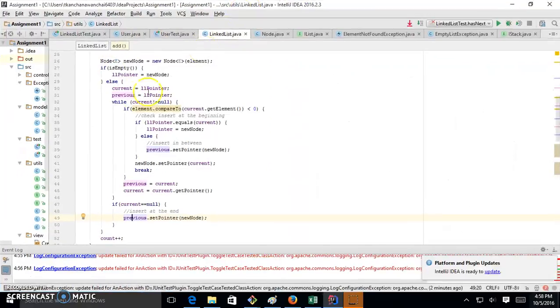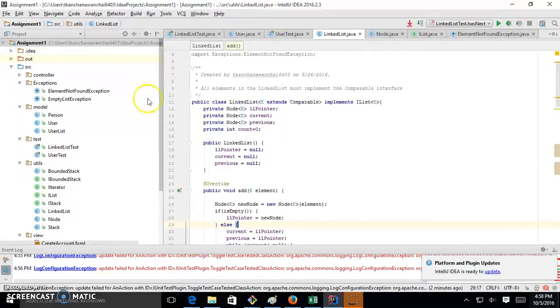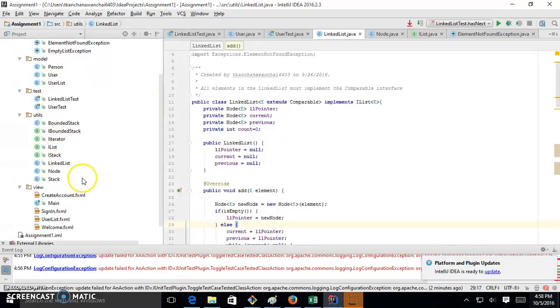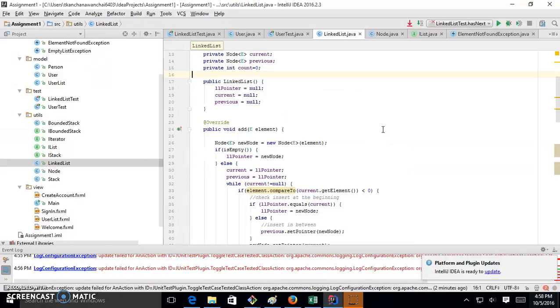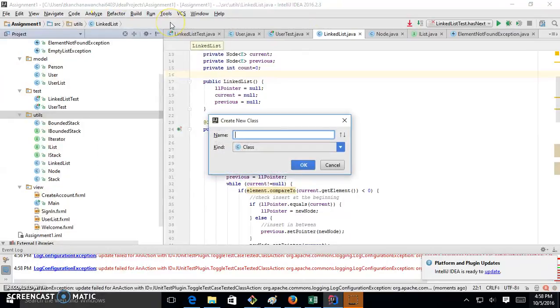Now, for your assignment, you still need to test. You can run the unit test, but let me make sure that we understand. I just explained this is linked list, right? Linked list can be many ways to add: add as a stack, as an ordered list, add as a queue. It's just linked list. But in your assignment, you're supposed to create like a stack, which is I have stack